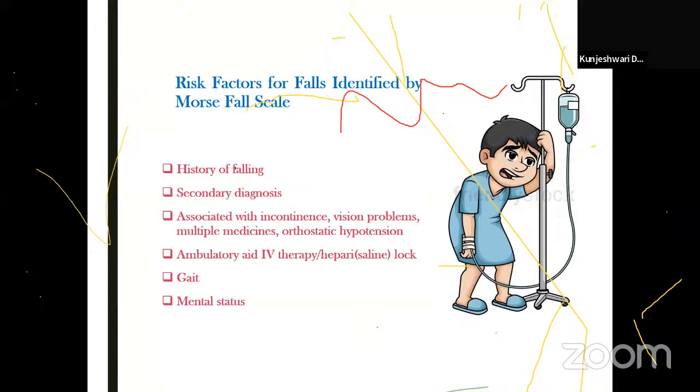Vision problem, I don't need to explain to you. It's very important whether he's wearing spectacles at home. Can he walk without specs? Very important. As a nurse, you will assess to prevent a fall when he is with you. Multiple medication, for example, antihypertensive drugs, anticonvulsants, any sedation, all these are very important. And a patient having orthostatic hypotension definitely has a tendency to fall, even when getting up from the bed. So all this more